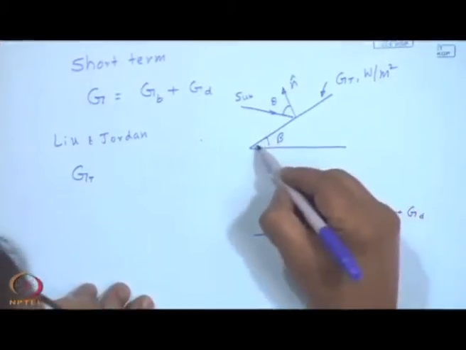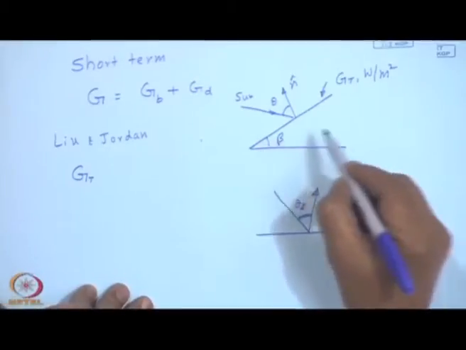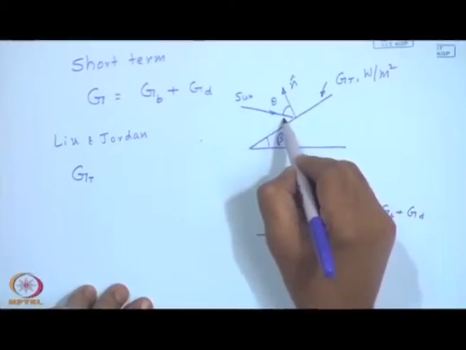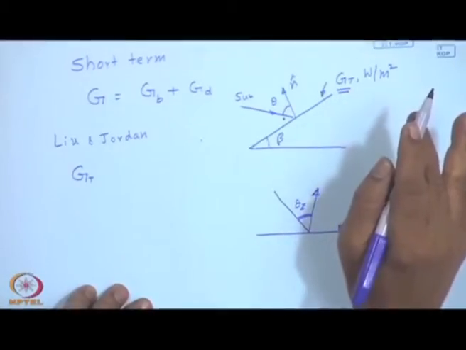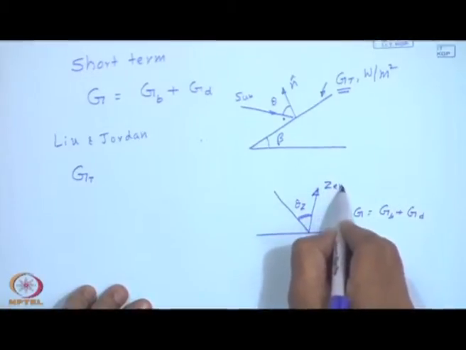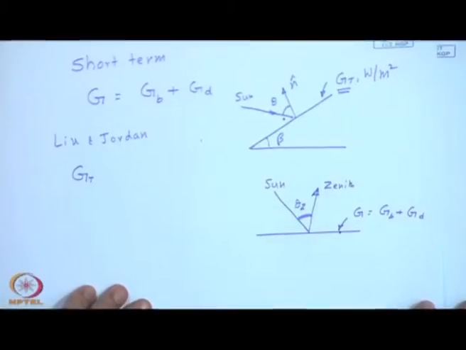So, we have a tilted surface with a slope beta, other descriptions right now are unnecessary, which we will come to later, whose outer normal is n cap, and the sun's rays will make an angle theta in general, and the radiation falling on that is G T, no matter how to calculate that. What we have is measured information, a G intensity on the horizontal plane, which is characterized by the zenith, and the sun makes an angle theta z with respect to this. We also have the information that G comprises of G B and G D. Okay.